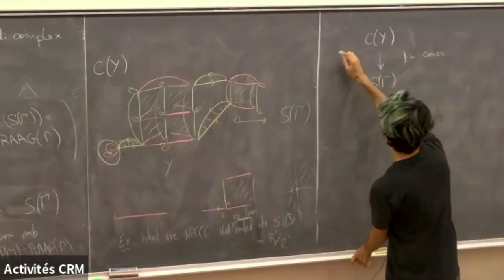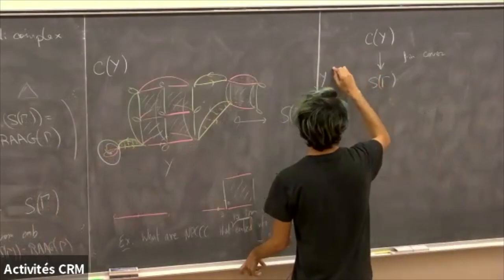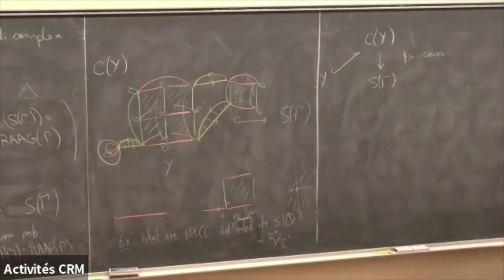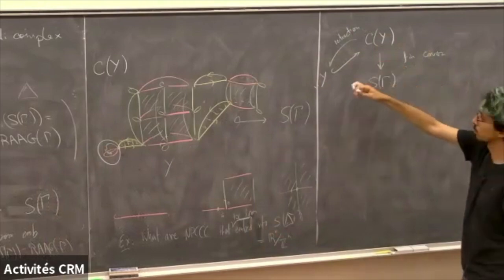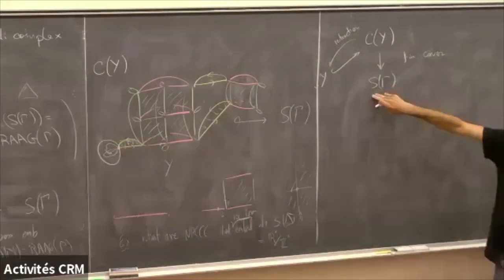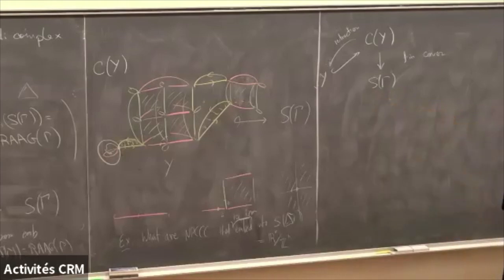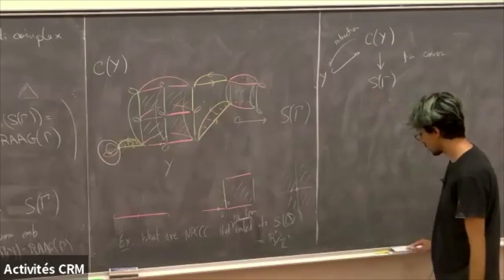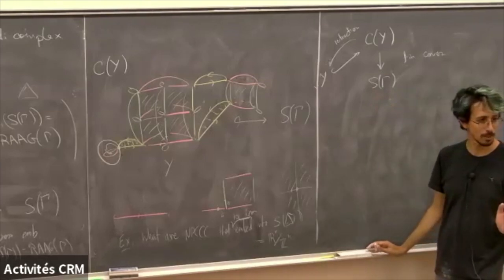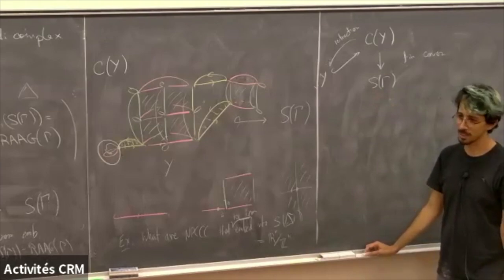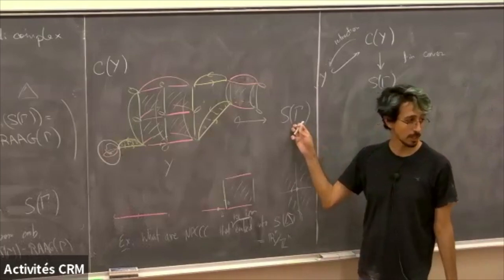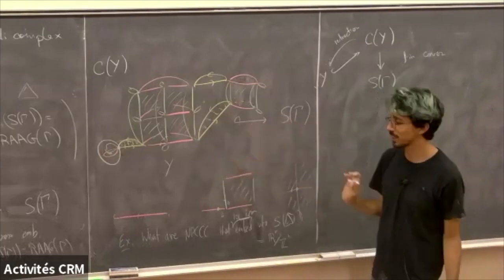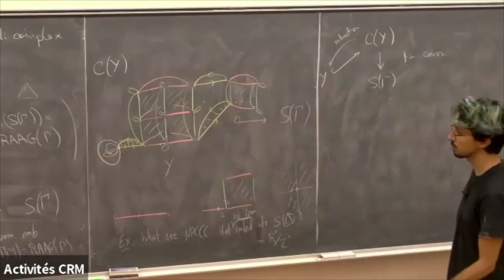So maybe I should say there's y that embeds in the canonical completion, and there is a retraction. Okay, so when we're in this situation, we know that y is a virtual retract of S gamma. What am I missing in the proof? I'm missing the fact that S gamma is the virtual retract defined. But okay, we can play again the same game, or we can use the fact that virtual retracts are linear.